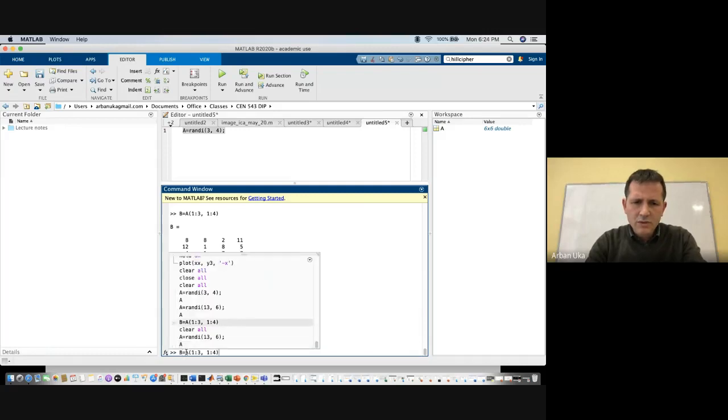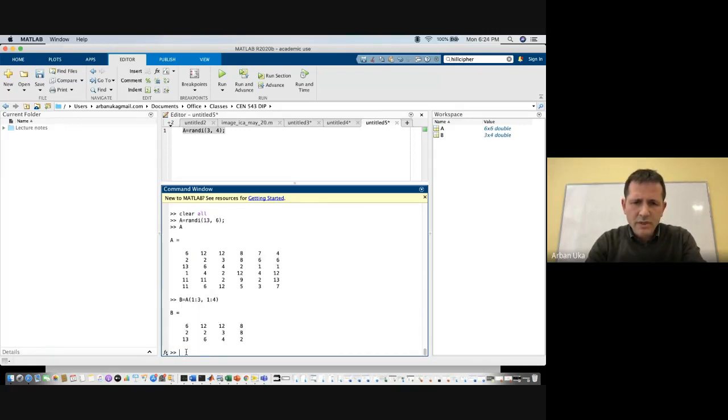And we can also produce a matrix B, which the way that we read it here is that we are reading rows from 1 to 3 and columns 1 to 4. So this is how we can read the B. B, in principle, is the first 3 rows and the first 4 columns. C can be written as A, let's say rows 4 to 6 and columns 2 to 4,